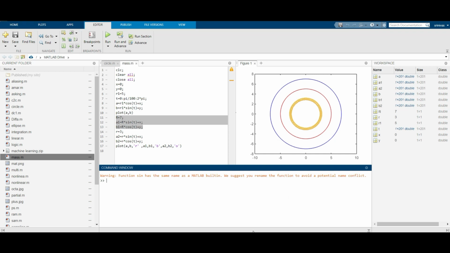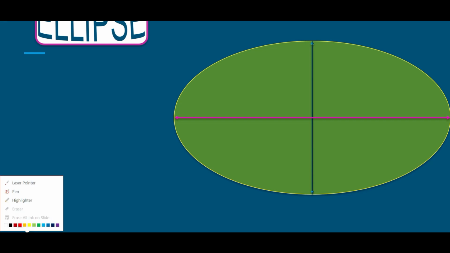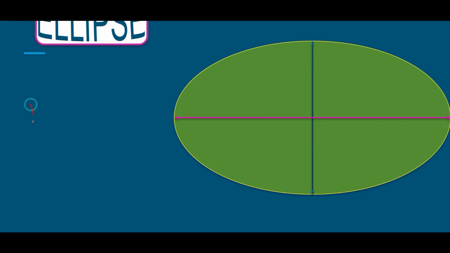Now let's see what is called an ellipse. First we see the PowerPoint, then we'll go into MATLAB execution for better understanding. Here you can see it is an ellipse having a major axis A and minor axis B. It means, what is the equation of an ellipse? Does anyone notice that? X square by A square plus